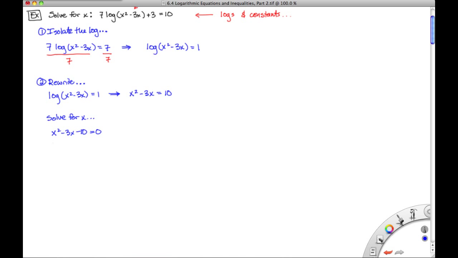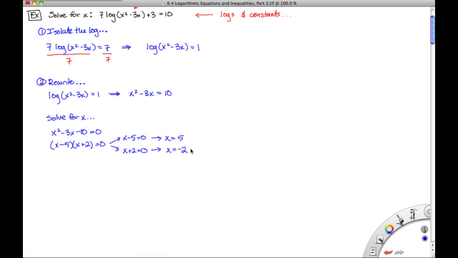This will factor as x minus 5 times x plus 2. And since the product of these two factors is equal to 0, we can break this up and set each of the factors equal to 0 individually. And if we do this, we see that we've got 2 possible solutions. x could be equal to 5, or x could be equal to